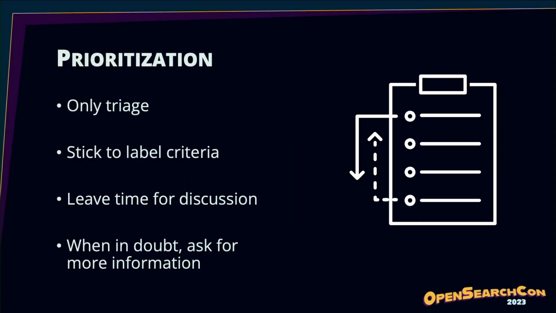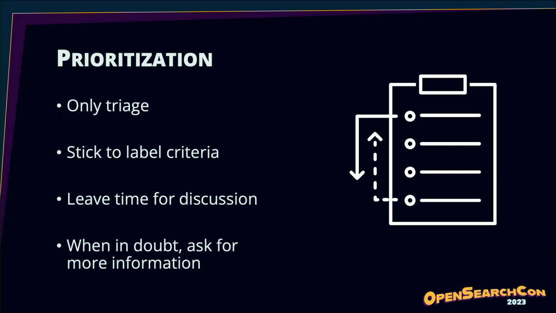As a result, we've implemented a set of changes that I've listed on screen. Specifically, we stick to only triaging. By that, I mean we, under no circumstances, assign maintainers to tackle issues. This completely removes any of these instances where someone's issue could be assigned a maintainer who's going to tackle it immediately and someone else's will not.